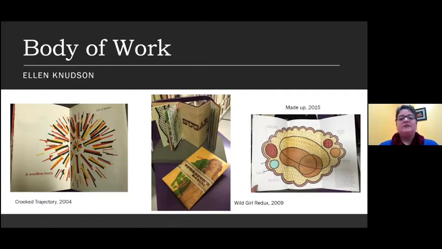So for example, we have, I think, nine or ten of Ellen Condenson's works kind of throughout her career so far. And I would like to point out that Crooked Trajectory also has great resonance with the books on the last slide that were about color and letterpress, or partially about letterpress. So we certainly have artists that I'm always looking at their new work to see if that also fits in our collection. I think it's important to be able to see the trajectory of an artist's work.